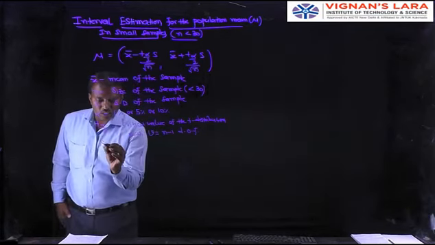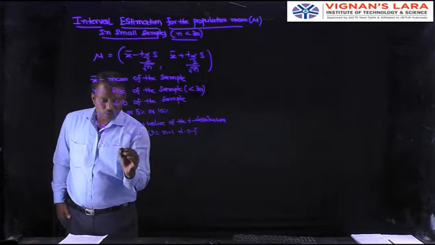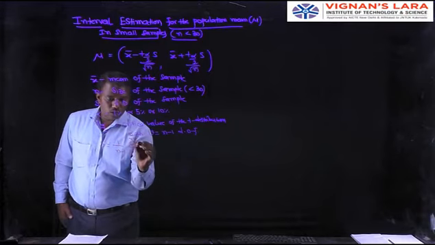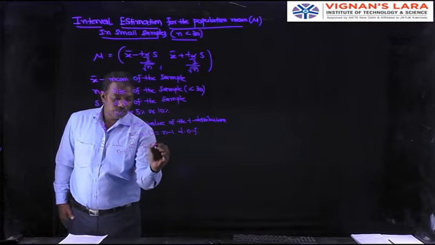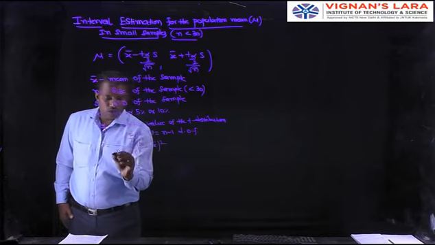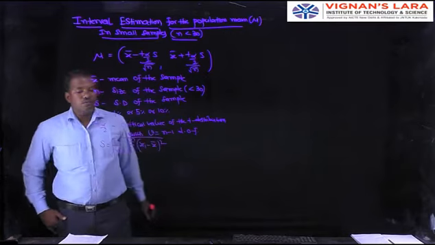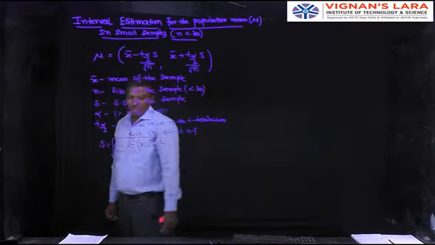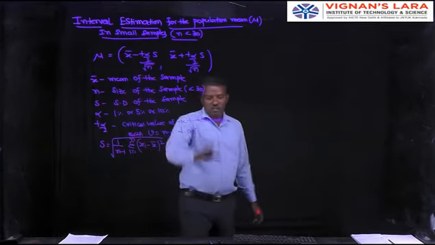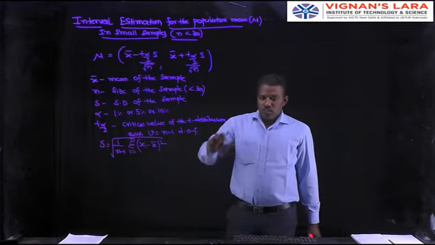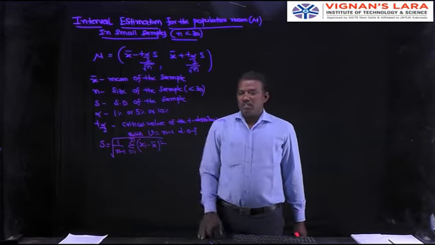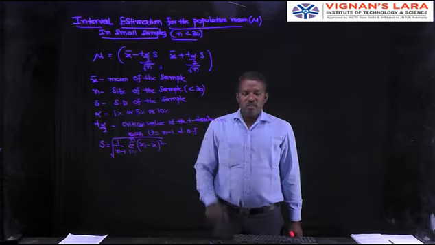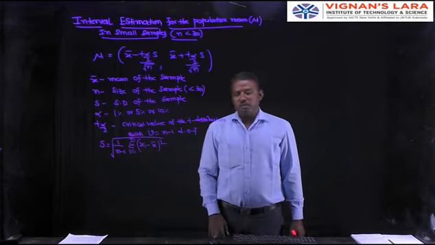And here the calculation of S is root over 1 by n minus 1 sigma i equal to 1 to n, xi minus x bar whole square. This is the formula of S. Here the n value is less than 30. If n is less than 30, the standard deviation given in the problem statement is denoted by S. If n is greater than or equal to 30, then the standard deviation will be sigma.